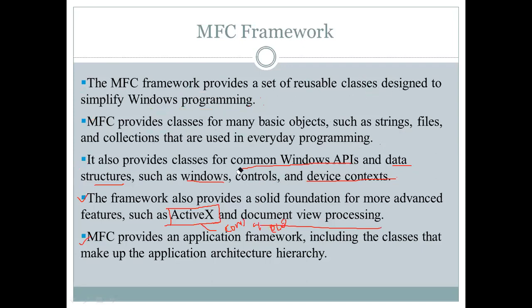This question is asked every time: what is the Microsoft Foundation Class, why is it used, and what features does it provide? Basically, you have to remember it is used for Windows programming. Apart from that, this framework also provides the basic objects used in everyday programming like strings and files.